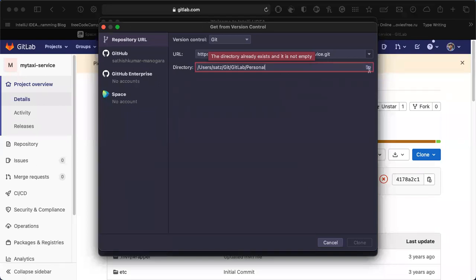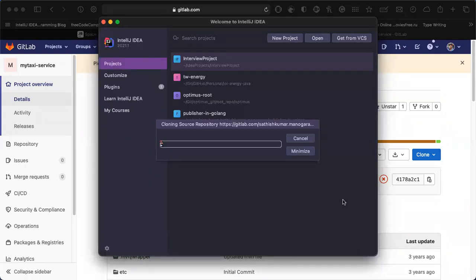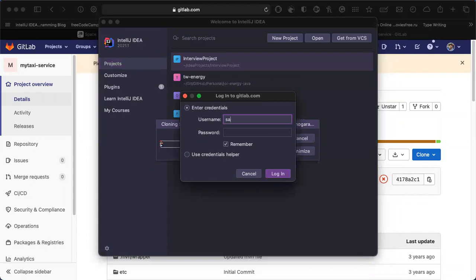So in a Windows laptop or any other laptop, whenever you enter credentials here, they get set into the Git configuration at the remote level. So it will not ask you a second time. It will remember everything within IntelliJ. So it is also one of the best features. We don't need to give the username and password every time.